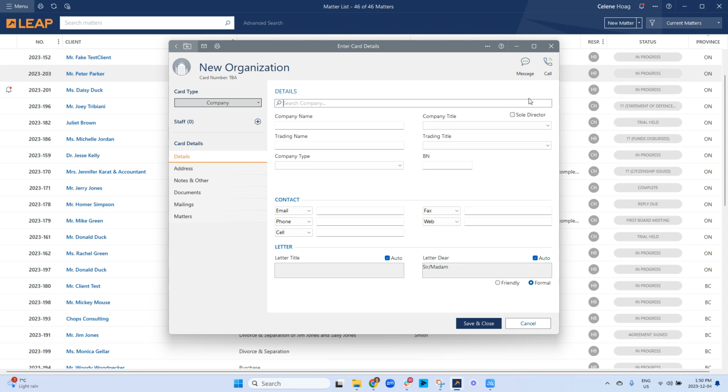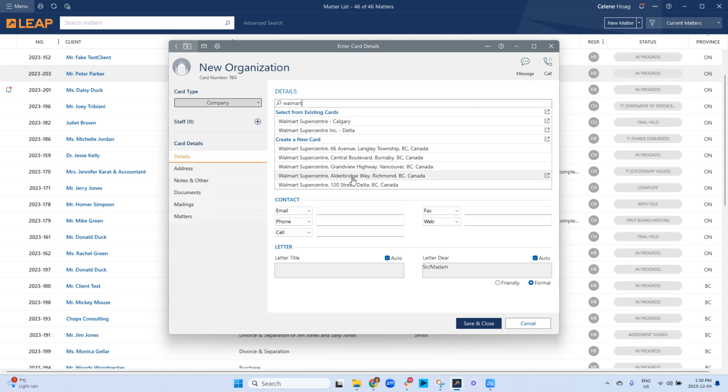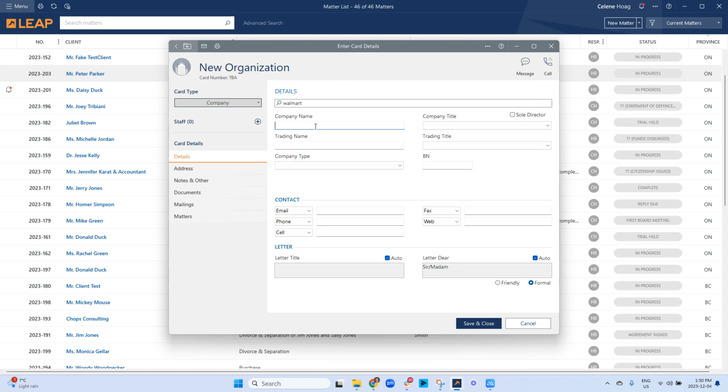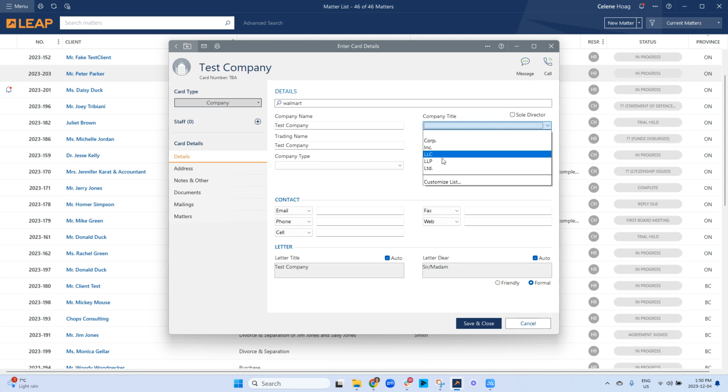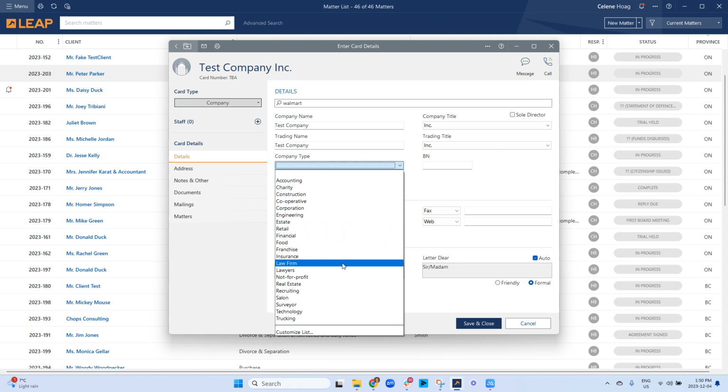Like if you search, I don't know, Walmart, you can see different Walmart locations, but you can also just type it, you know, we'll call it Test Company, Test Company Inc. Trading name, company type. So you can see if they're a law firm, a salon, a corporation, an estate. You can also customize this list, but I'll just call them